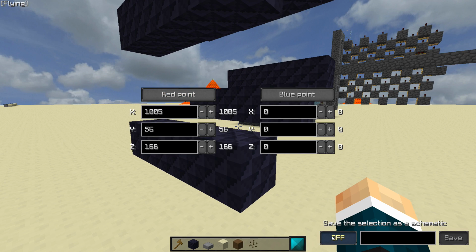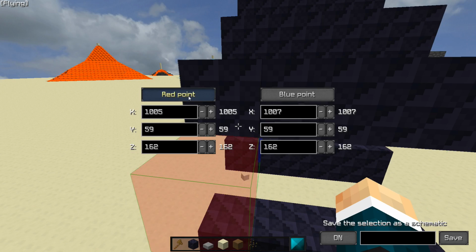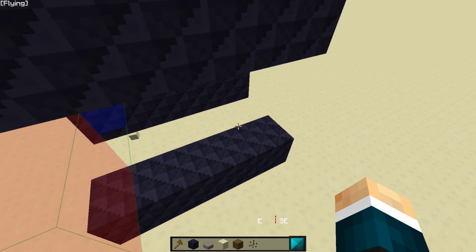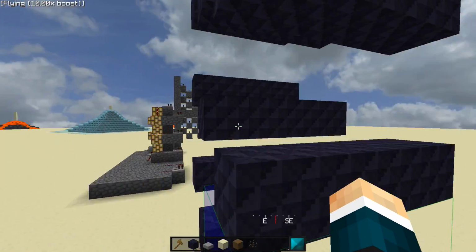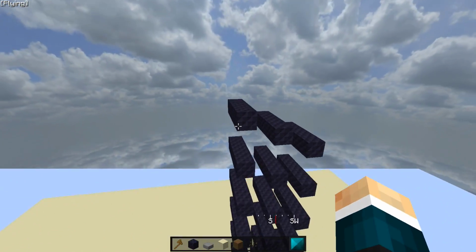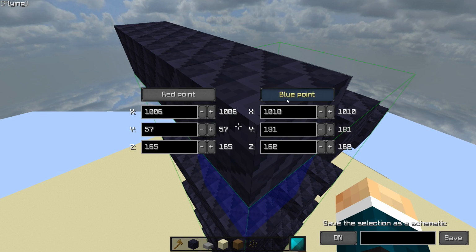After you click this right here to on, you'll be able to see the red and blue point to wherever you set it. And so if you just click right here, for example, it'll just set the point to right where you're standing. So you can go to each corner and click that, or if you somehow knew the coordinates of the corners, you could type that in too. But it's easier to just go to the corners and adjust the area to